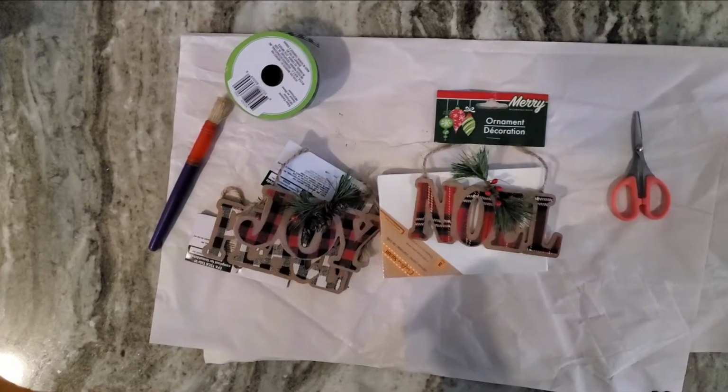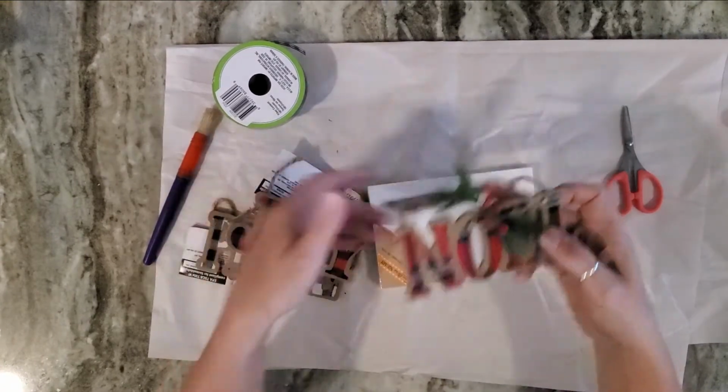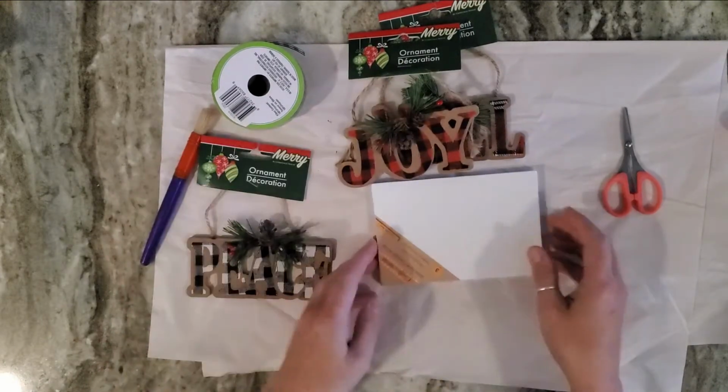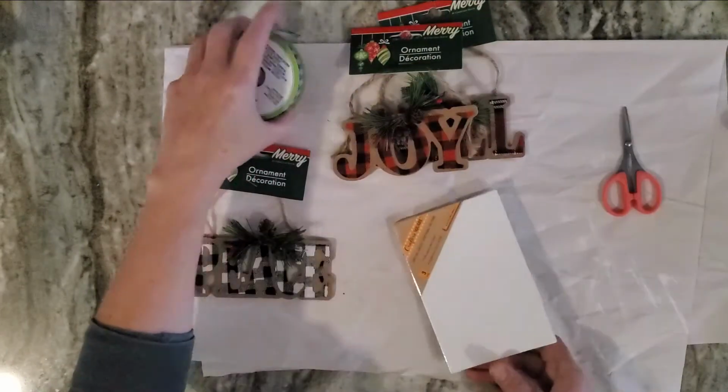So the next ornament we're going to do is also another ornament sign that you can use as a wall hanging, and so I just picked up 3 of the Dollar Tree words: the Noel, the Joy, and the Peace. And I also have a pack of, I think they're 5x7 or 4x6, I can't see it, sorry,